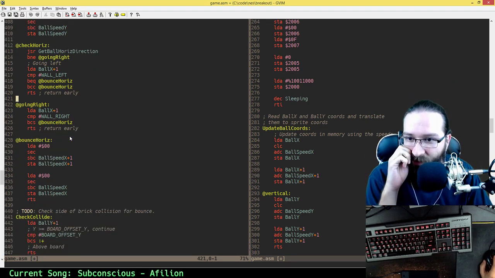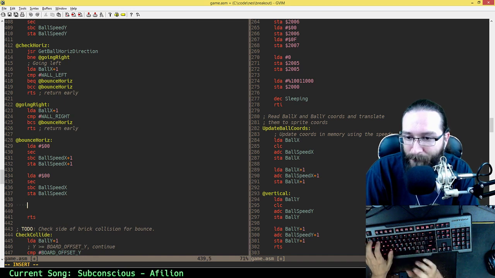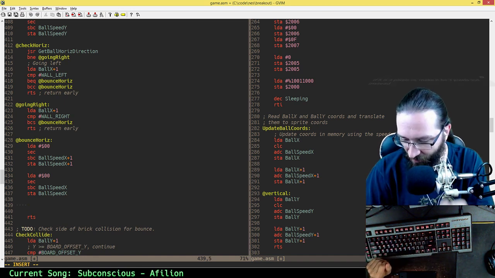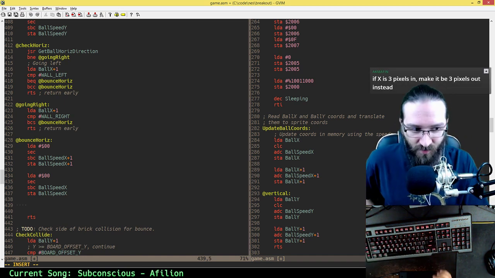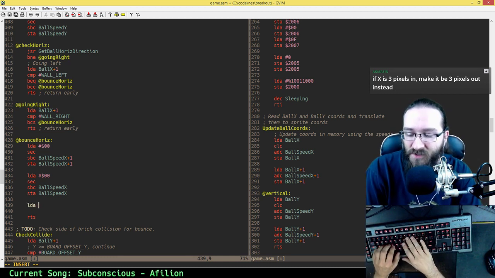Okay, so let's start with the horizontal. So this changes the speed. That's all in well, but we're probably embedded into the wall. And for this, I don't think I need to worry about the fractional part at all. I think I just need to worry about the whole part. So let's take,